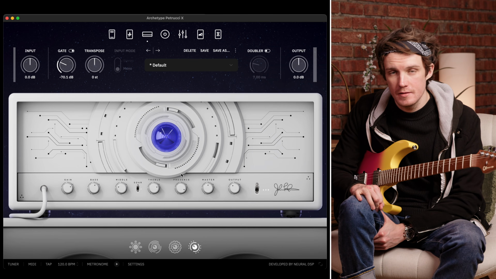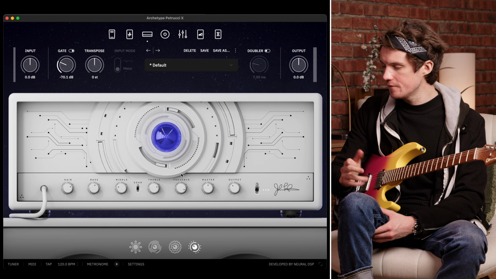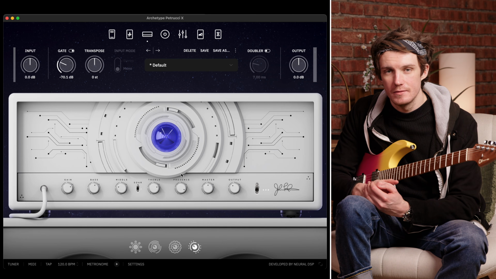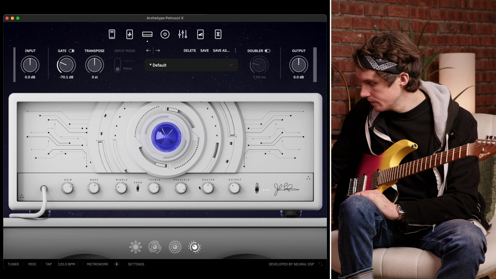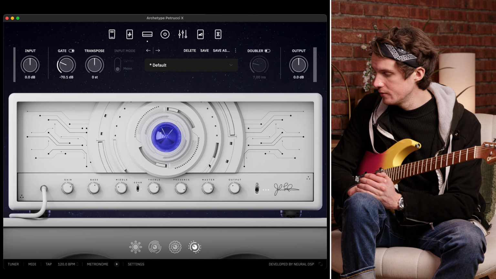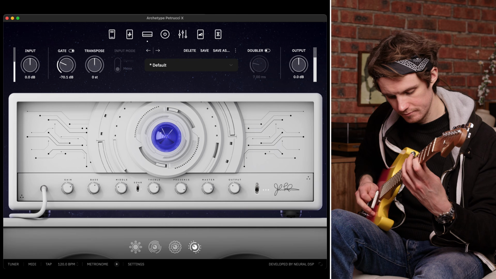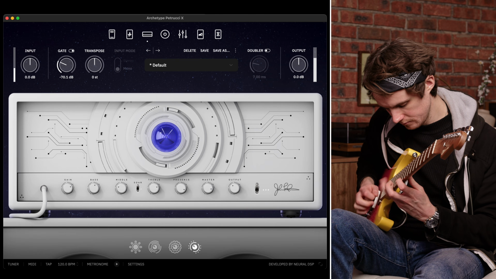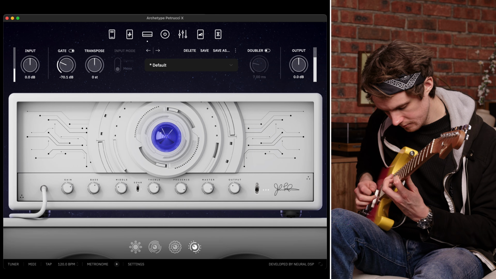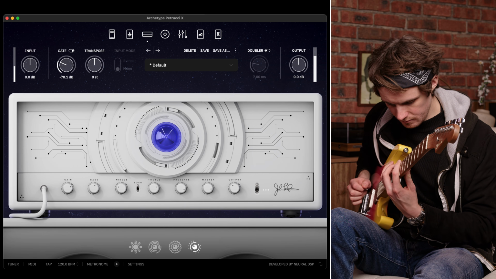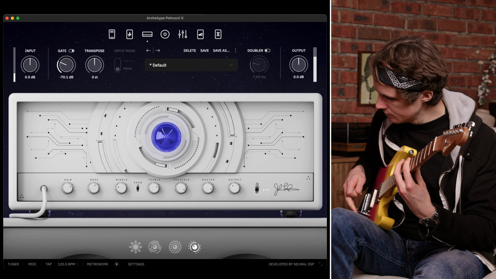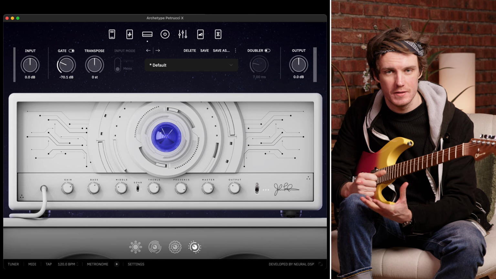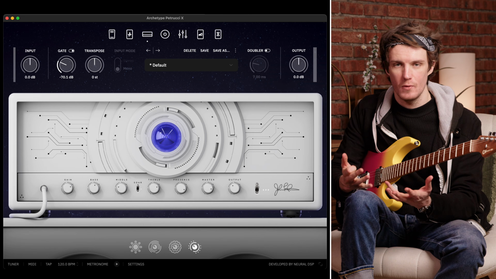After this, we then have the master dial, and similar to amp 3, as you drive this, you're going to get that warmth and aggression and general push that you get when driving a tube amplifier. So let's crank it to around 9 and hear how it sounds. As you can hear, with that master pushed, we got even more sustain, aggression, and saturation from the amp